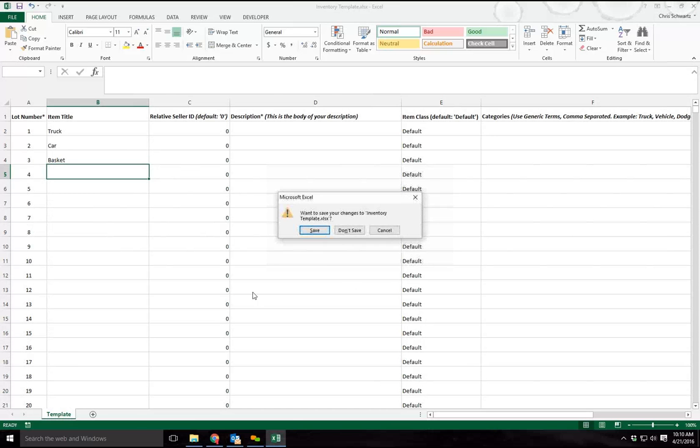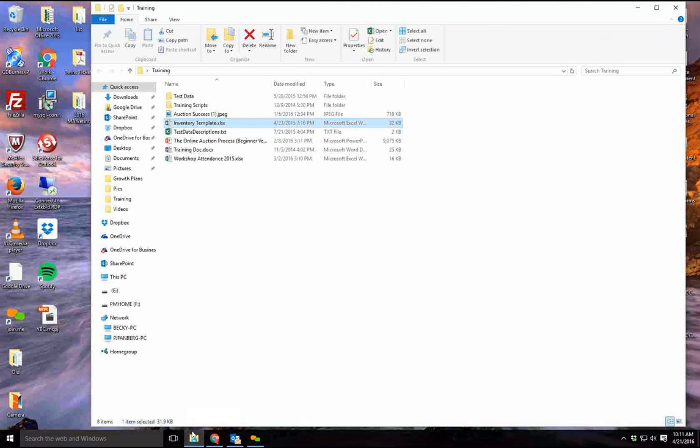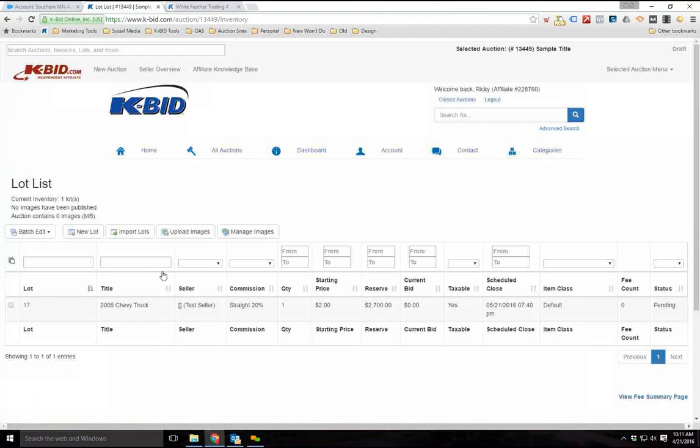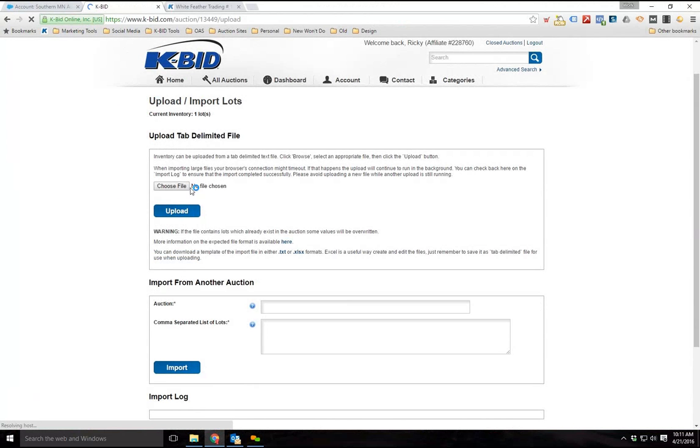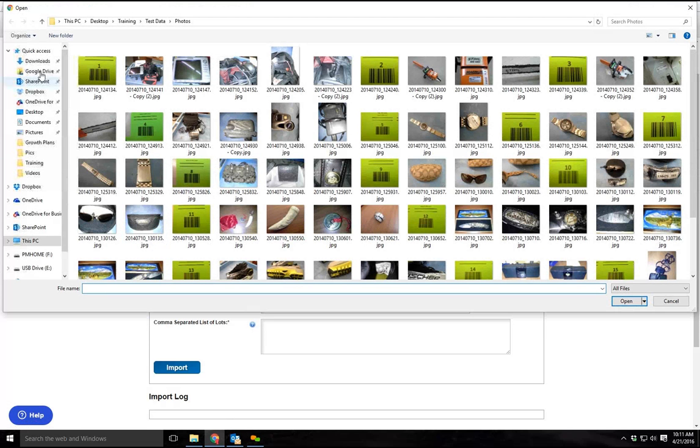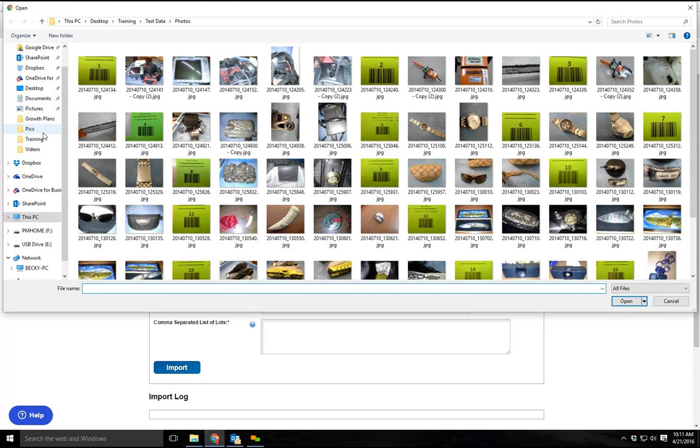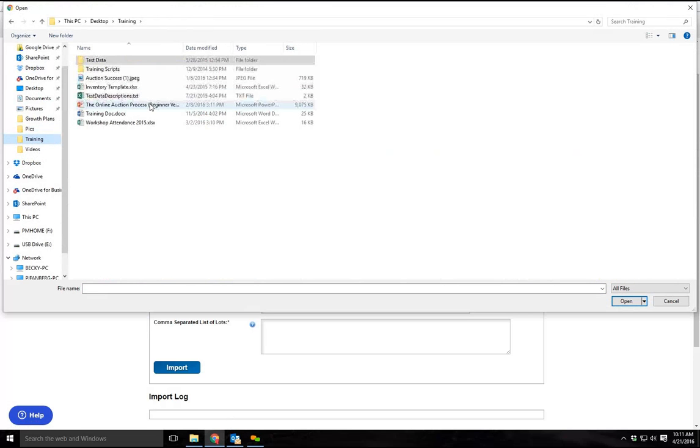So I have our lots 1 through 16 created, and let's just go ahead and import those now. And how we do that is we just go to our import lots section here, and it's going to ask us to find our spreadsheet that we have saved on our desktop. So I'm going to go ahead and choose File, and I have my spreadsheet saved. I'm going to go Open and Upload,